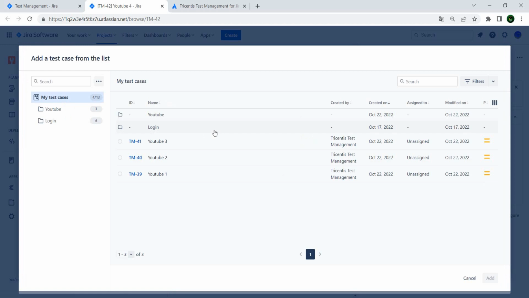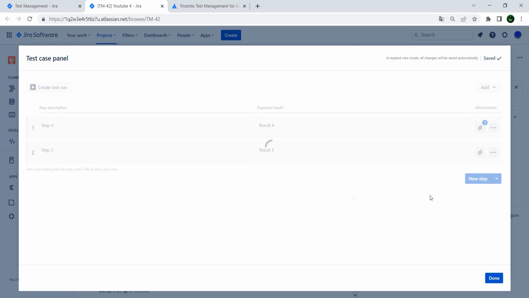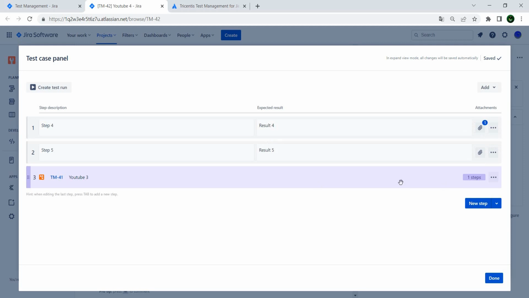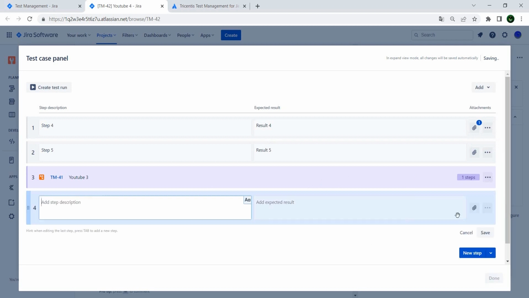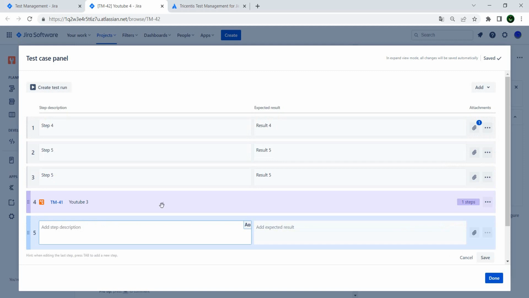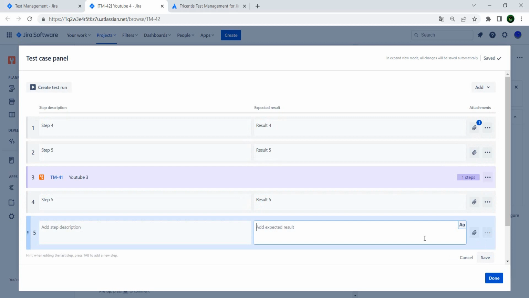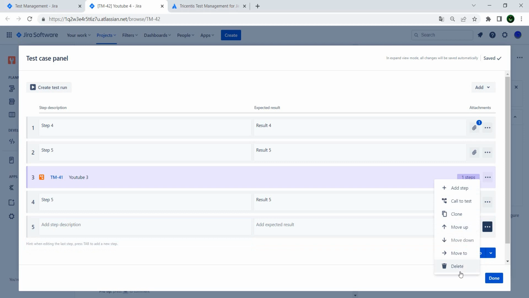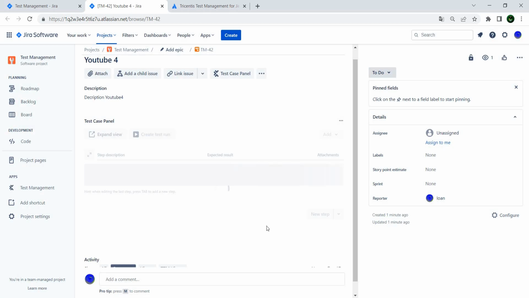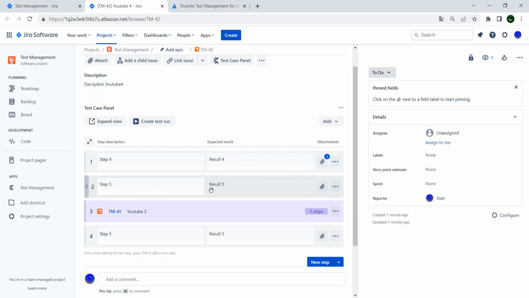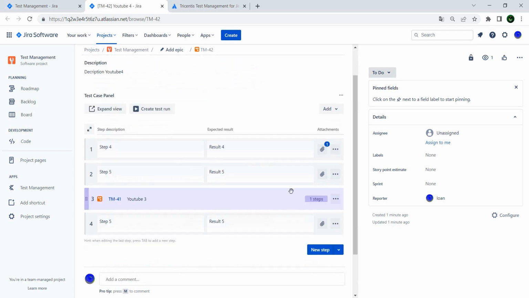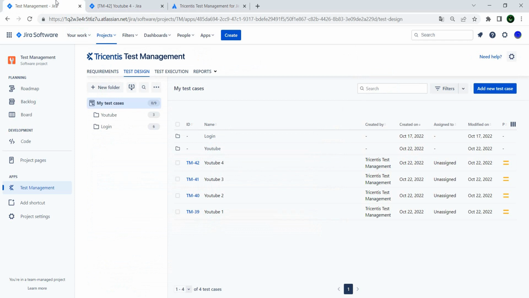So in case you have some tests which you already wrote and which you want to run here, you have this one as a test step, and afterwards you can add another step, or let's just clone this one and move it down, and I will just delete this one here. And if we hit done, we now have the updated view. So we have our test case with our steps. If we go back,